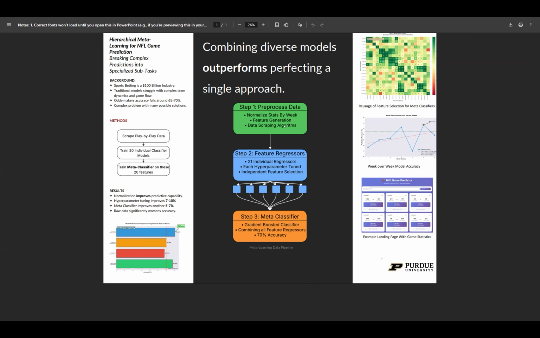like, oh yeah, how many passing yards do they get to the deep left field every game, stuff like that. Because that doesn't necessarily correlate to a win. That might correlate more towards something like passing yards or passing touchdowns. So what I did was, instead of doing one big model, I changed it into 21 individual regressor models that then predicted how many passing yards they are going to get, how many receiving yards, rushing touchdowns, stuff like that,